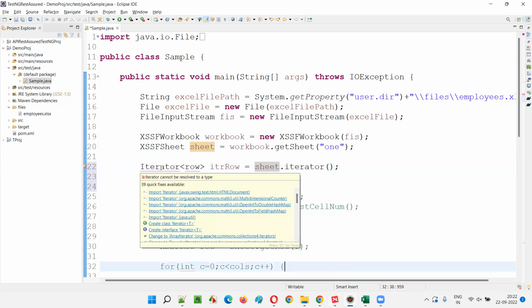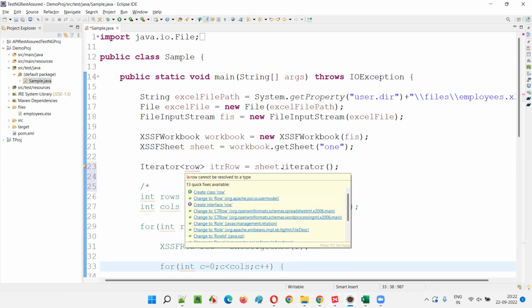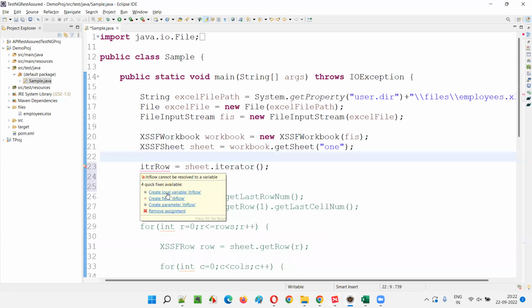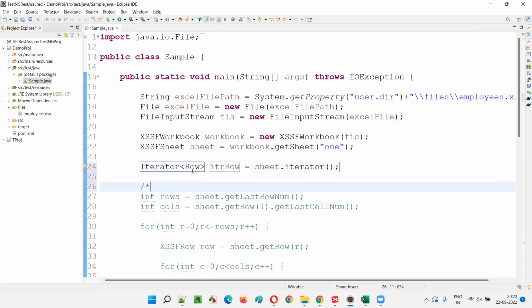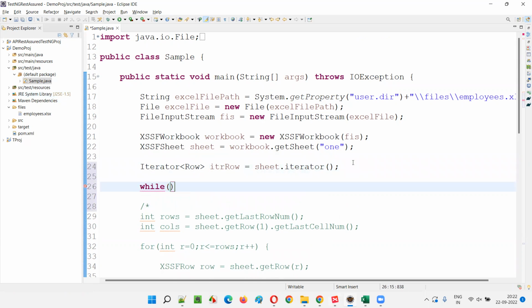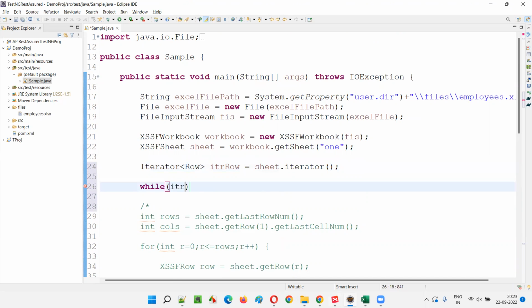Hover the mouse on this Iterator and import it from the java.util package, guys. It's better to create it like this: hover the mouse and say create local variable, it will be very easy. The capital Row is coming from POI API and this Iterator is coming from Java. Now I'll use a while loop. Instead of using for loops, I'm using iterators here. I'm using the iterator method of this XSSFSheet, which is returning the Iterator of Row. Sheet will contain rows, rows will contain cells. That's the format. Then I'll say itrRow, this particular object reference, dot